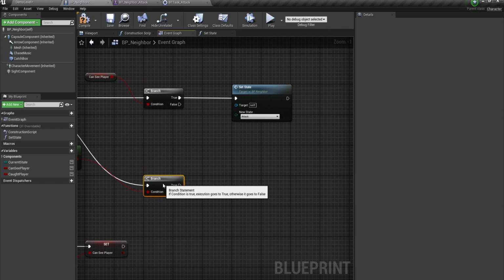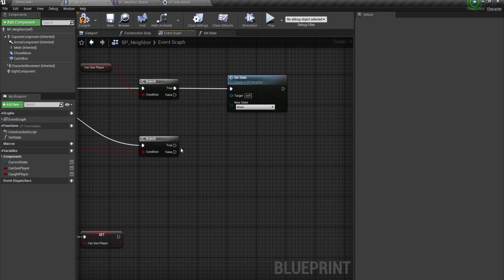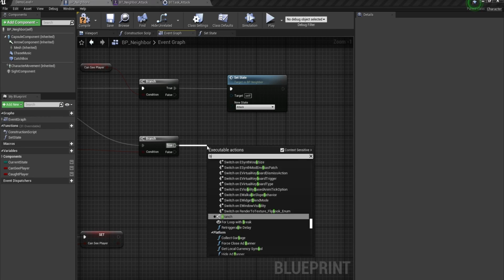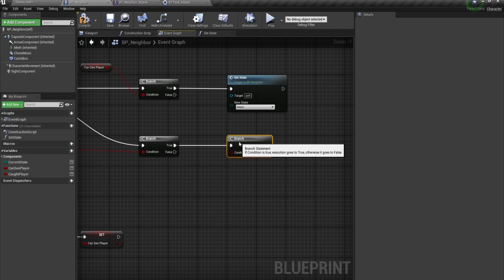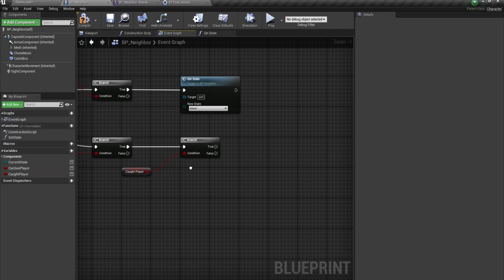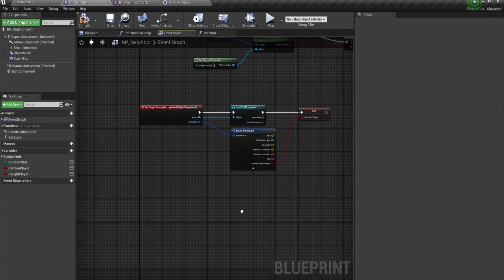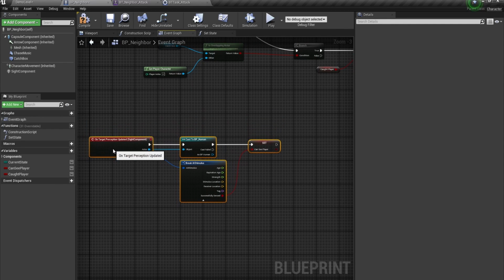Off of the true, if the box is overlapping the character, we're going to check if the AI has caught the player. If it hasn't, we're going to trigger a custom event, because this is a very large